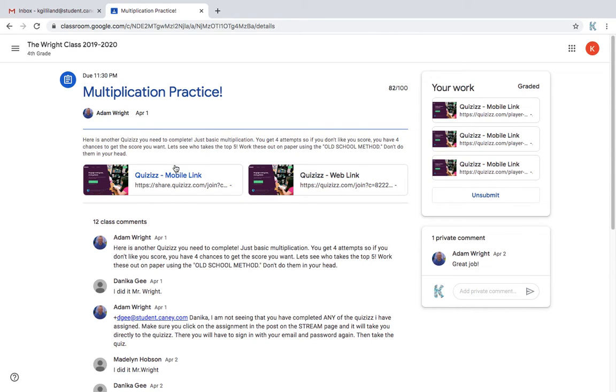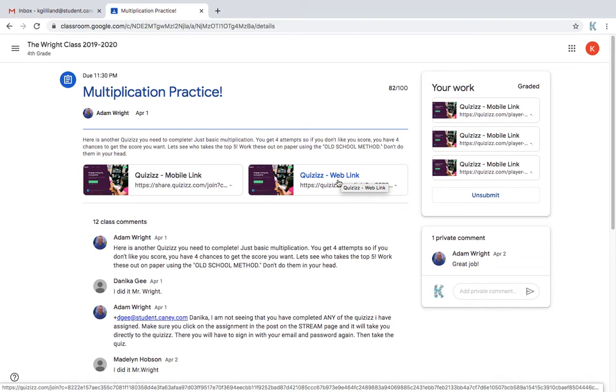It gives you 2 different links. It gives you a mobile link and it gives you a web link. You are on a computer, so you want to hit the web link. It will take you directly to the quiz. Some of you are having issues doing this on tablets because they're not iPads. They're kind of off-brand tablets, and it just doesn't work as well. So